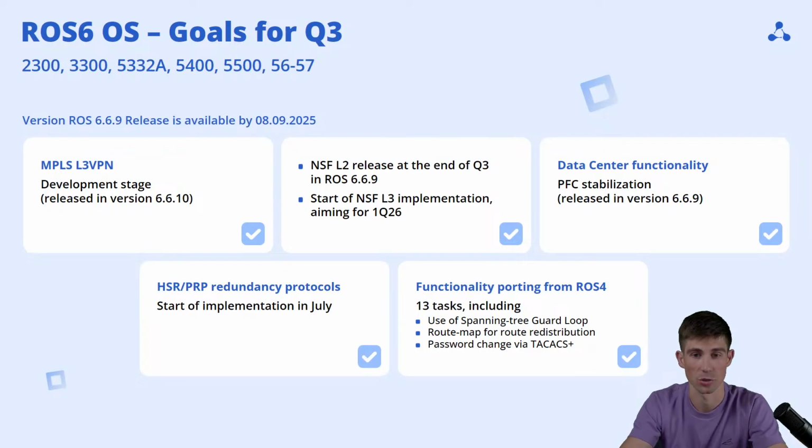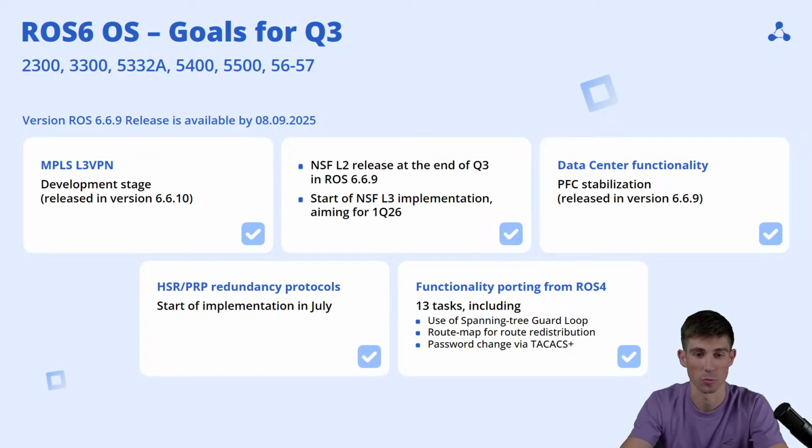We started in July, and these pieces of functionality are scheduled for the ES series of switches that I already mentioned, that are to be released in 2026, and more